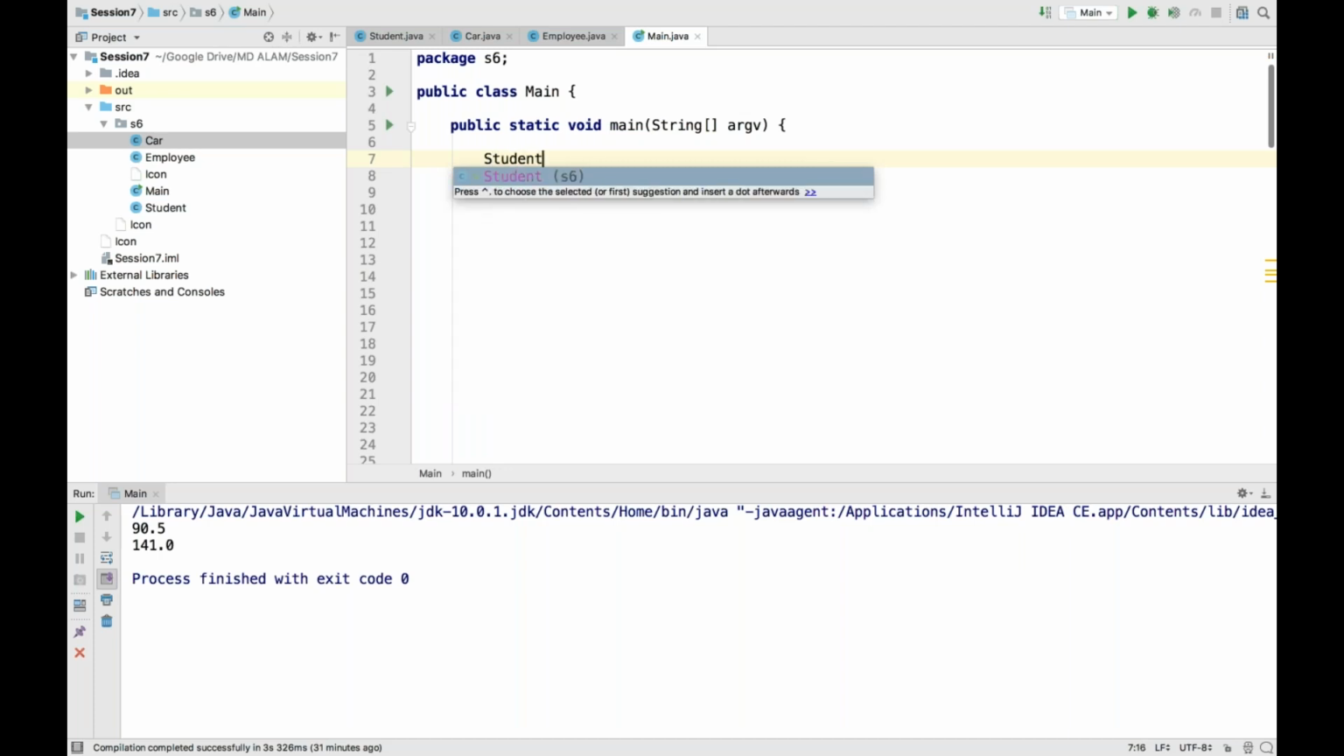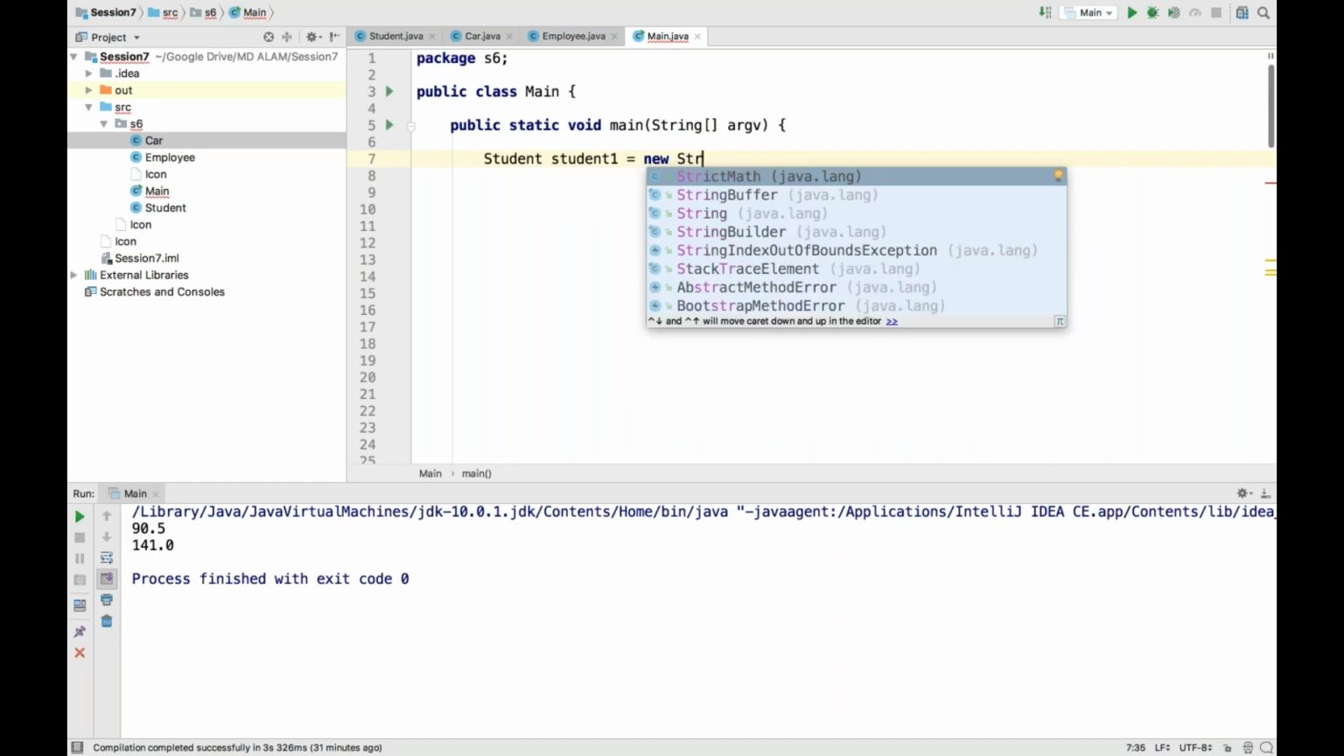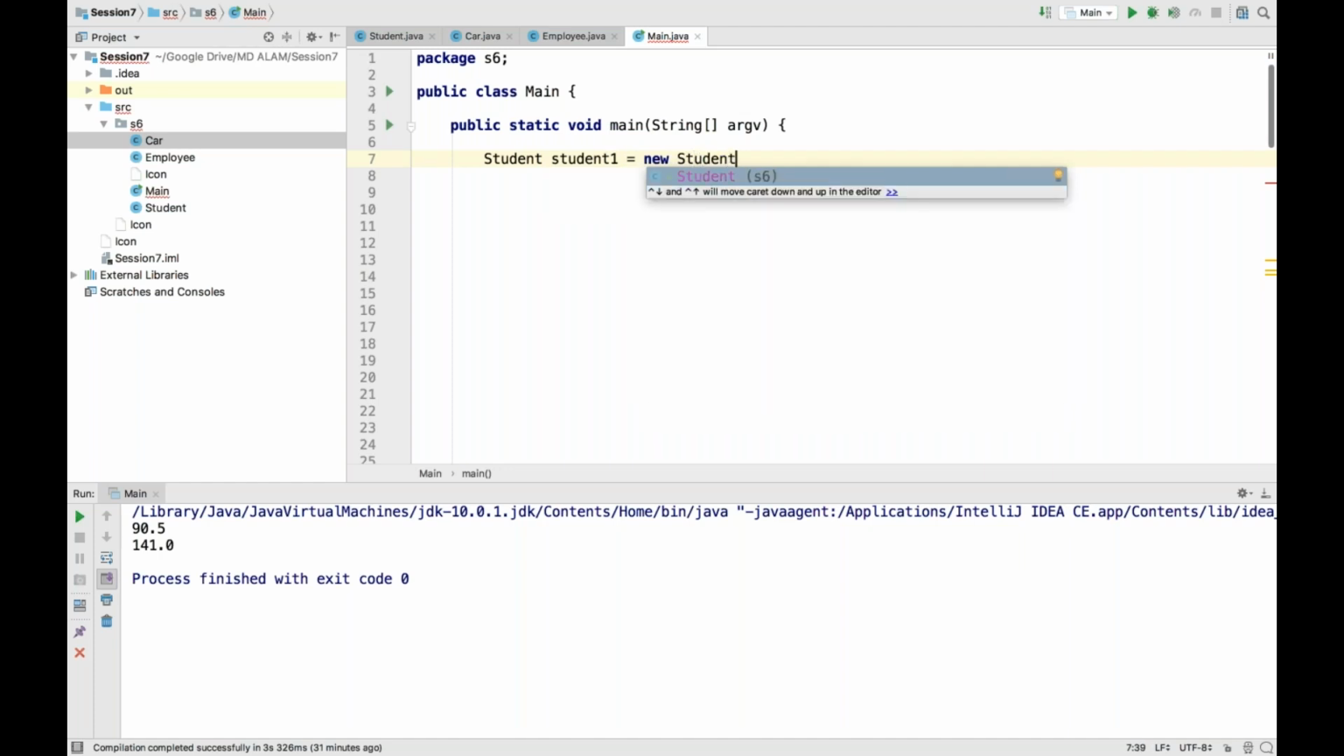How can we create an object? First we write the name of the class, and the object name, let's say student1. Equal, and then the keyword new, again the name of the class, and that's it. So what I did, I created an object